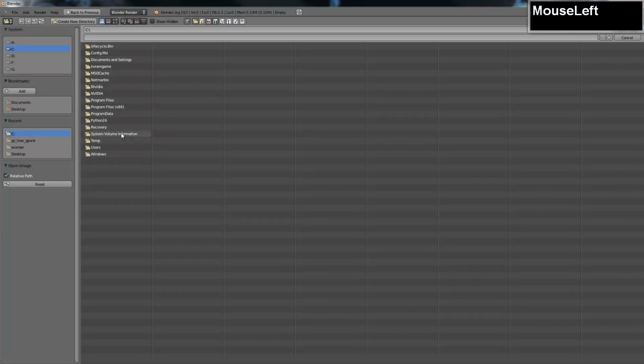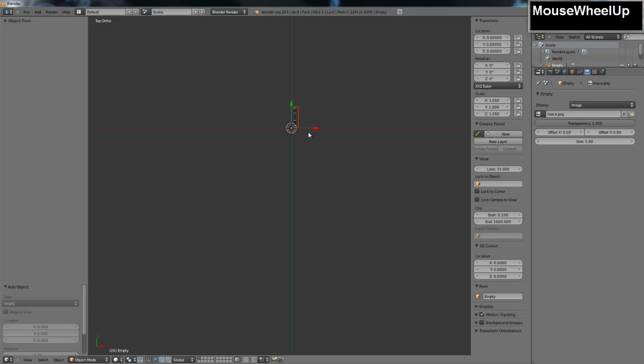We're going to go to the desktop folder since that's where this is located, and mace.png is the file I'm using today. As you can see, our background is successfully brought in, and we're going to change the X and Y offsets to negative 0.5 to center them at the origin. And there we go. Next step we're going to do is rotate it 90 degrees on the x-axis,